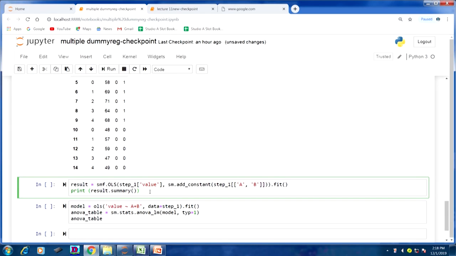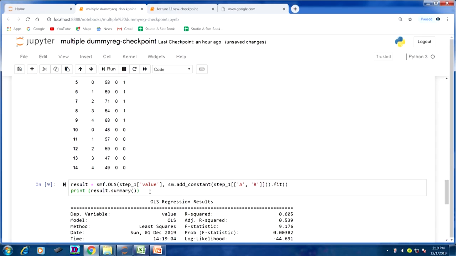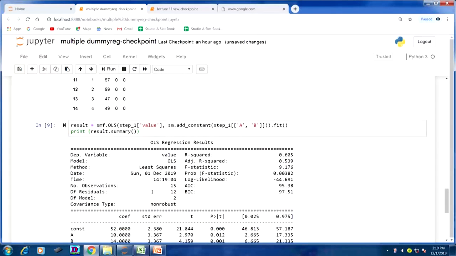So result equals smf.ols, step_1 value is my dependent variable, comma sm.add_constant step_1 A comma B is my independent variable, then I am going to get the regression output. When you look at this regression output, look at this probability, that is the p value, here also it is 0.00382.